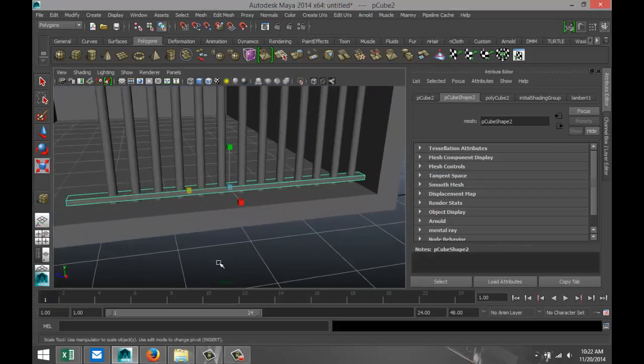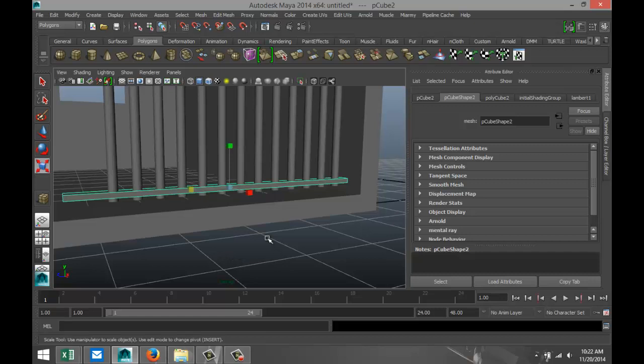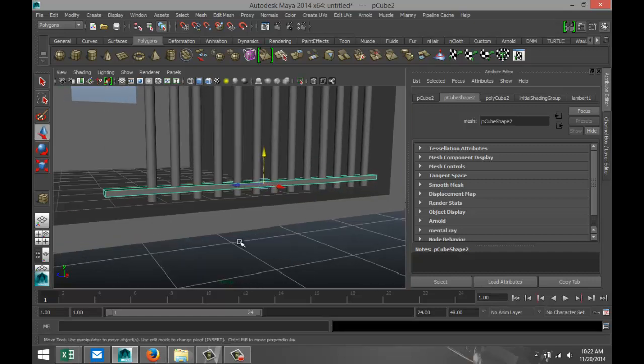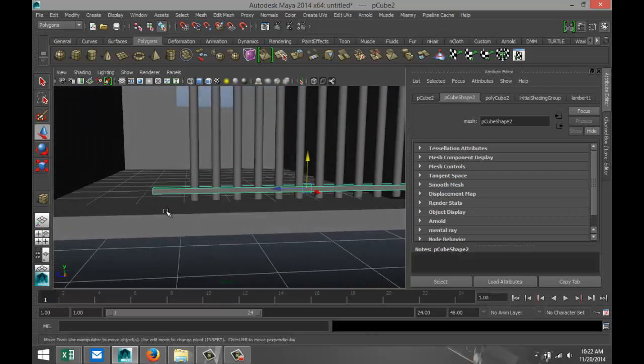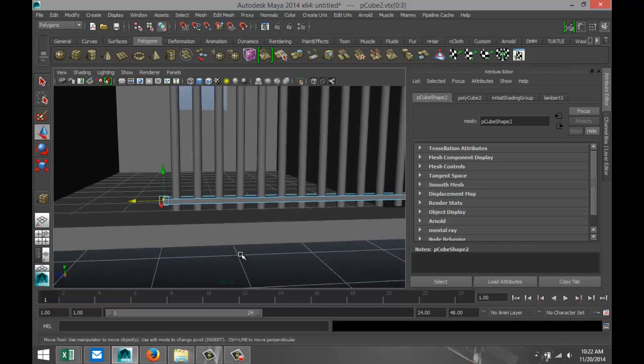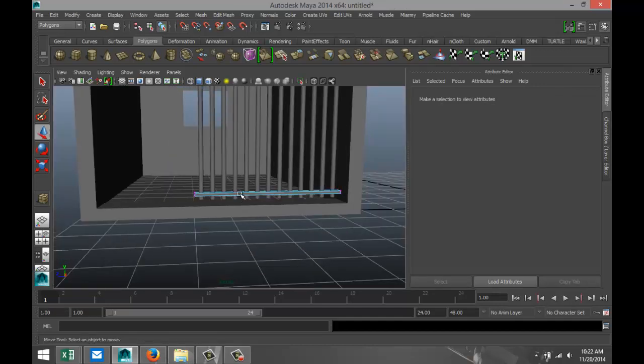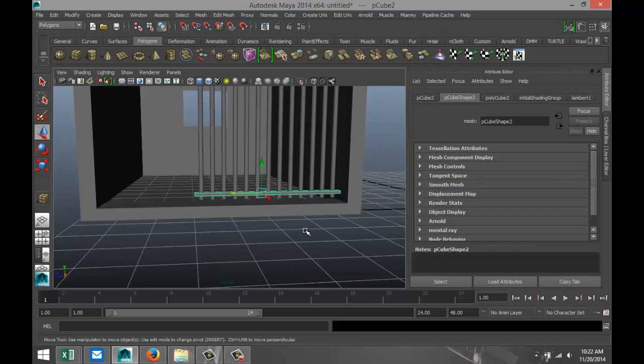In our perspective view, we're going to pull that up just a little, and this end looks okay. And we're going to take this end here, right click vertex, drag select those, and bring that in to about there. All right. Right click object mode,